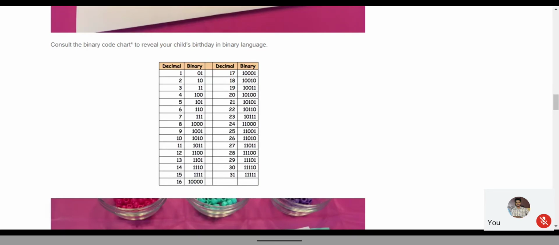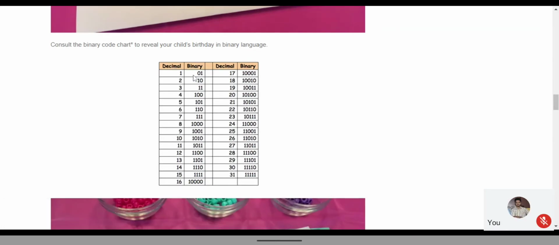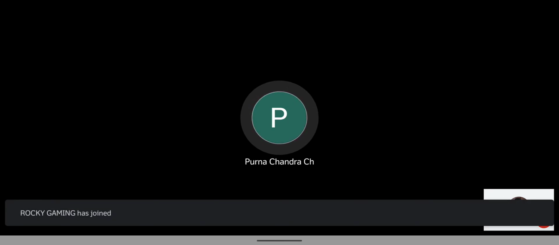That's why they just cut it off. The binary number for one is 0001, but here they are showing 01 only. The binary number for 0 is 0000. That is the basic thing you have to learn.